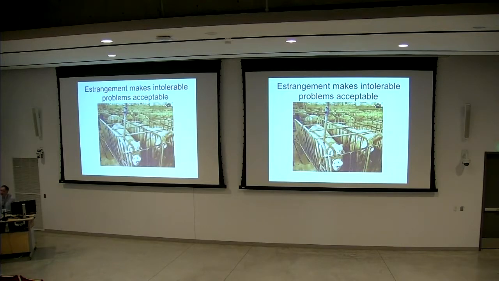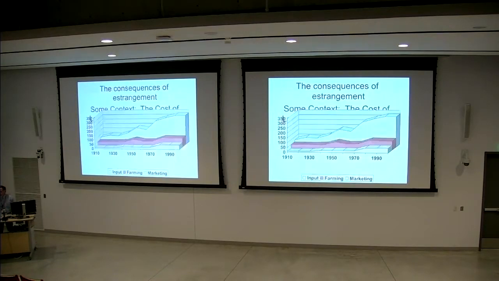One of the things that makes this kind of economy possible, in which we divorce real productive economic activity from the way we measure it, and we externalize costs, is what Wendell Berry calls estrangement. So for those of us who are not vegetarians, if we stop at Hardee's and get a sausage biscuit, more than likely, probably about 98% chance, it comes from pigs that are raised in those conditions. Those are externalized costs, but because we're estranged from it, there's a lot of room between us and the origin of the food. The intolerable becomes acceptable.